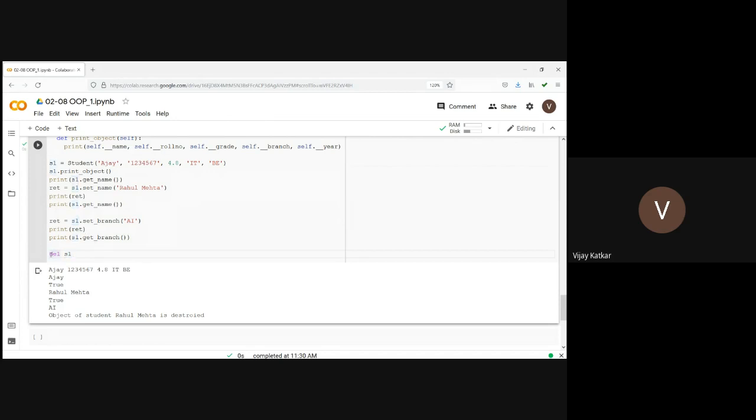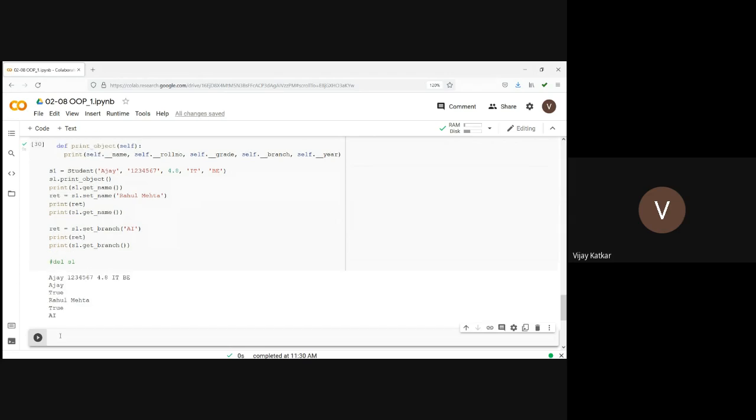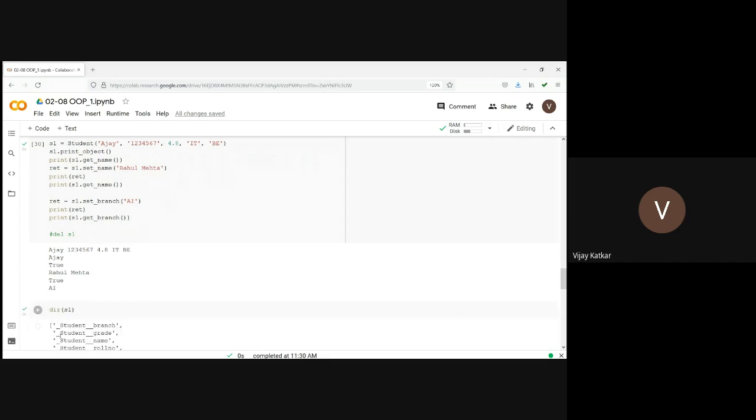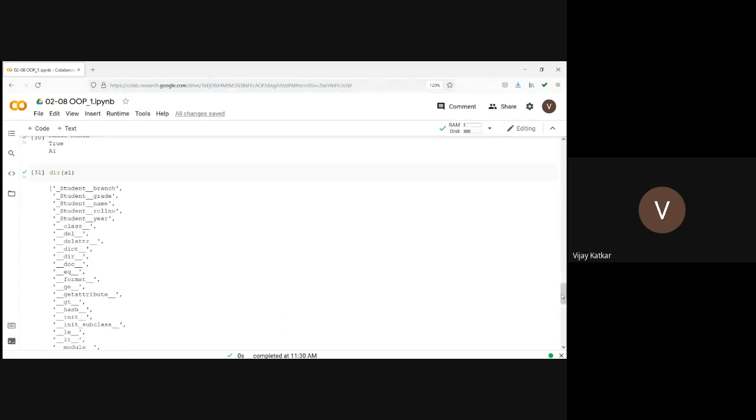Okay, let me comment this part, run it. Now let's say I'm calling a dir function by passing S1. We have already seen what dir function is. So dir function simply returns the attributes and methods available in the class. So now it is saying S1, there is attribute underscore student double underscore branch. So this is a class name, this is an attribute name, and it simply indicates branch is a private attribute, grade is a private attribute, name is a private attribute, roll number is a private attribute, year is a private attribute.